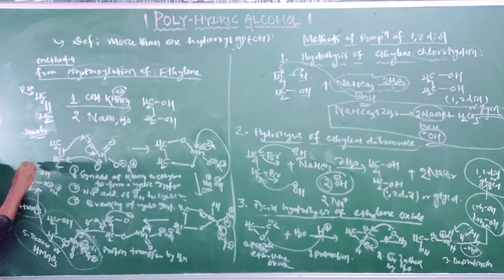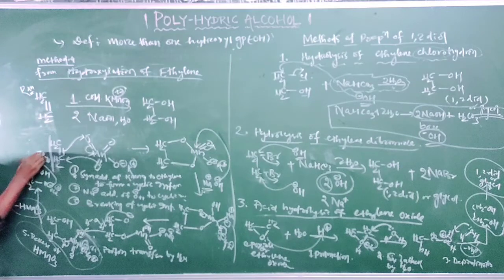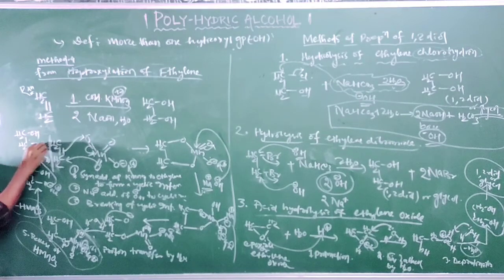In the next step, here O- and counterpart Na+; charge balance always takes place in a chemical reaction. In the next step, a simple protonation step, there is another mole of water, and the O- takes hydrogen from water, so it will form OH, CH2OH, here CH2OH. This step 6 is the protonation step, protonation by water, similar to step 4.